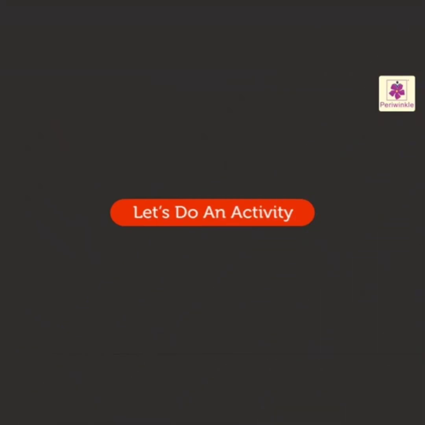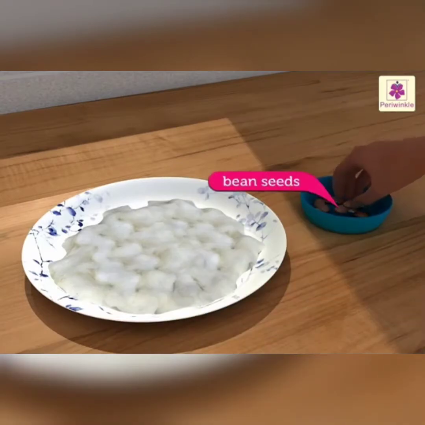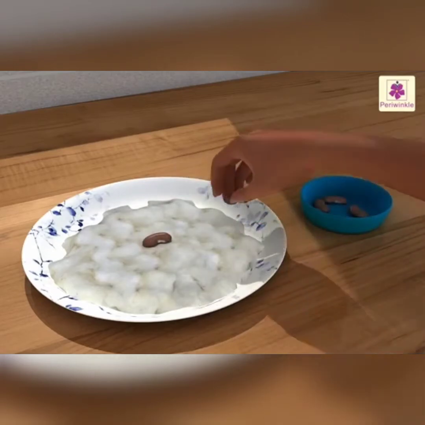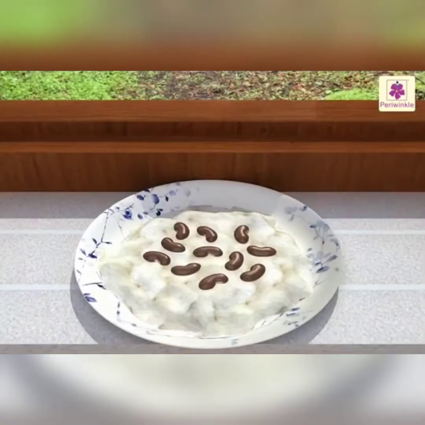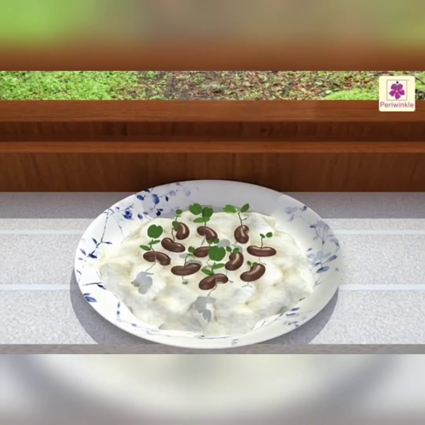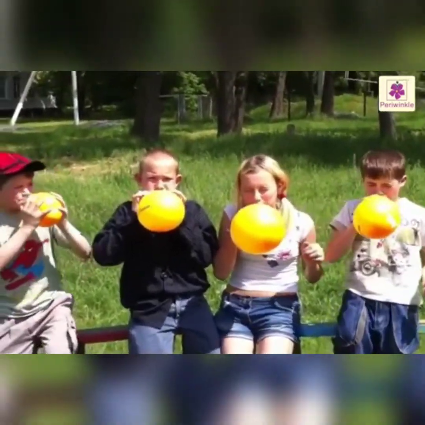Let's do an activity. All of you listen carefully. Here you can see some bean seeds. Put a bean seed on a bed of cotton. First make sure that the cotton is damp at all times, but do not overwater. Keep it on a windowsill without covering it. After a few days, we can observe that the bean seeds have sprouted and the bean plant grows. Here, after a few days, that means 1 week, we can see the bean plants have sprouted.